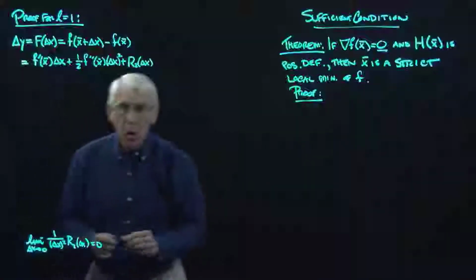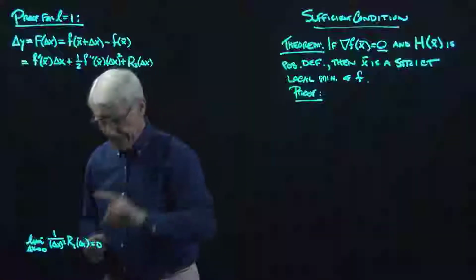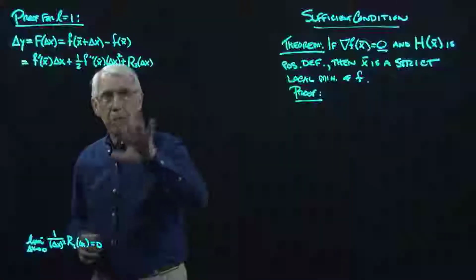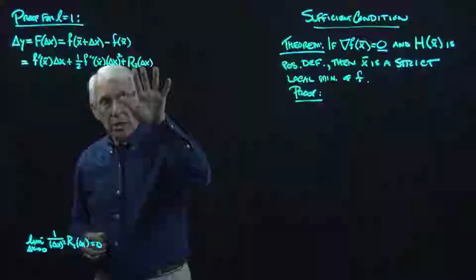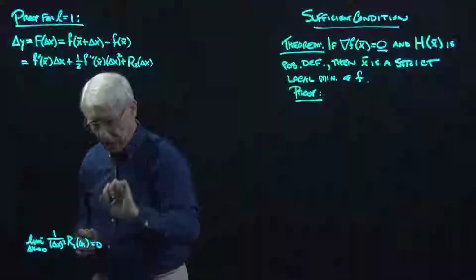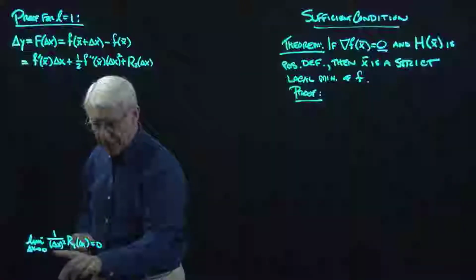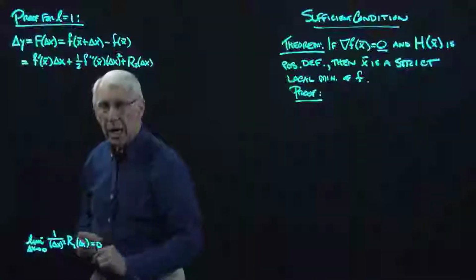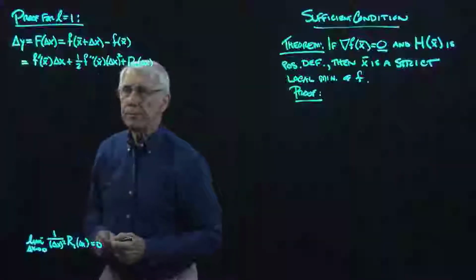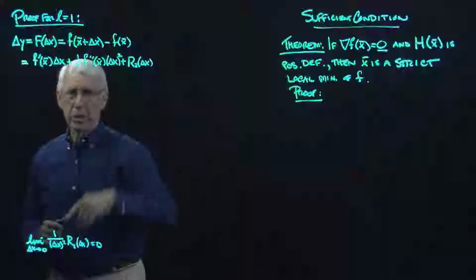So that's one thing we know about this remainder term, is that the limit of that function, if you like, when it's divided by delta x squared is 0. So that we've developed earlier when we were talking about the Taylor